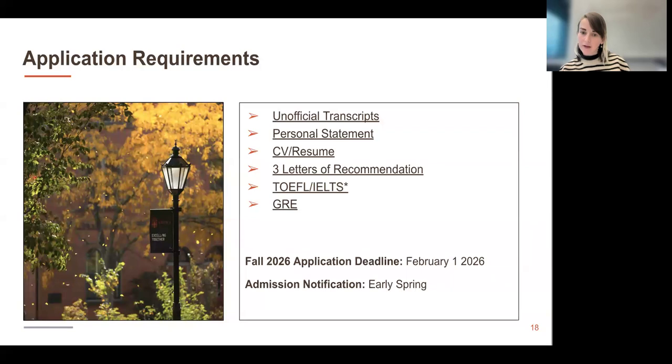Our next application deadline for the fall semester is February 1st, so it's coming up quickly, but you will usually receive your admissions notification by mid-March.